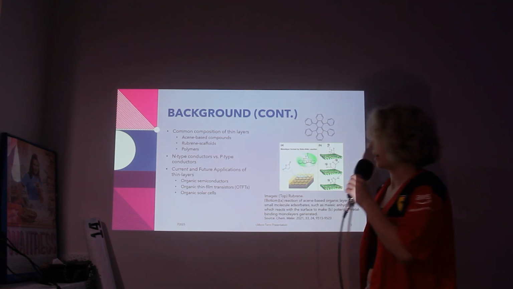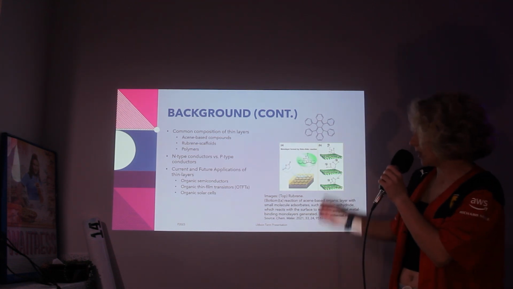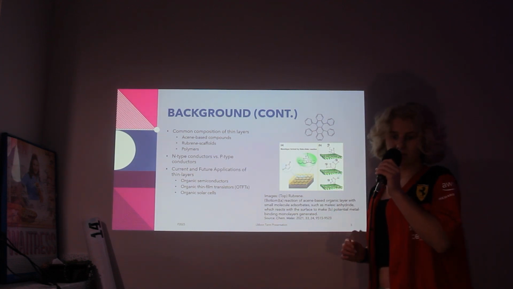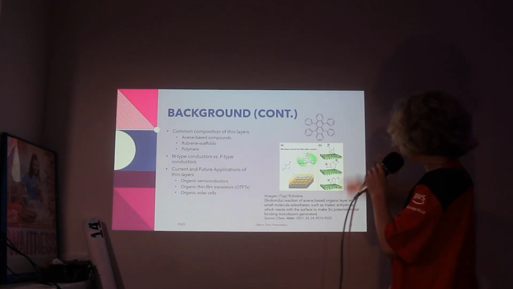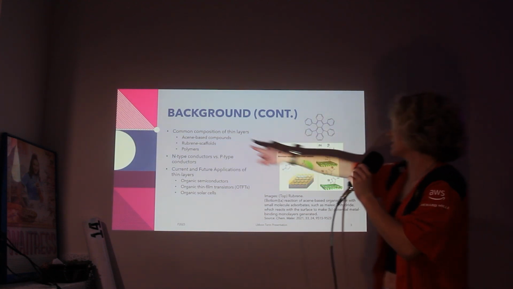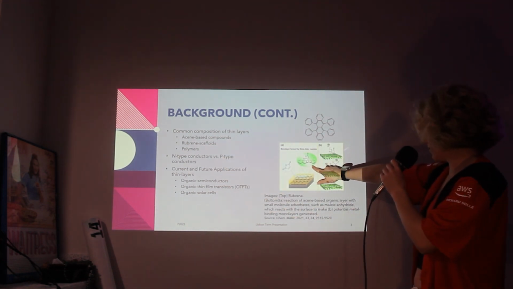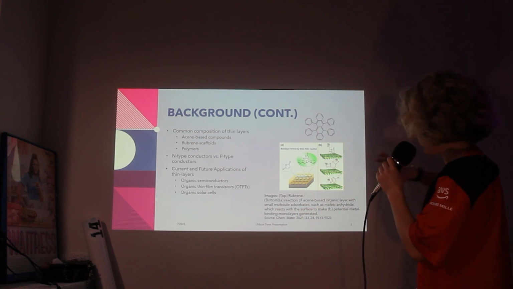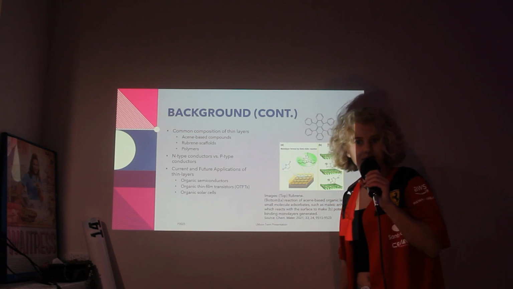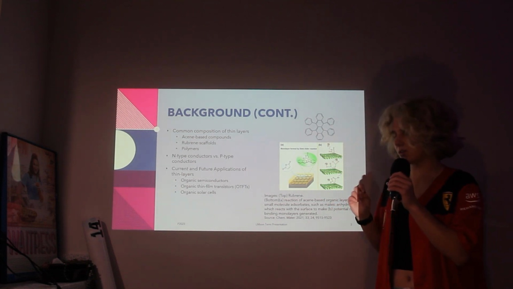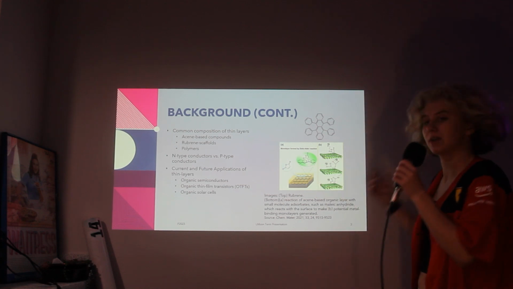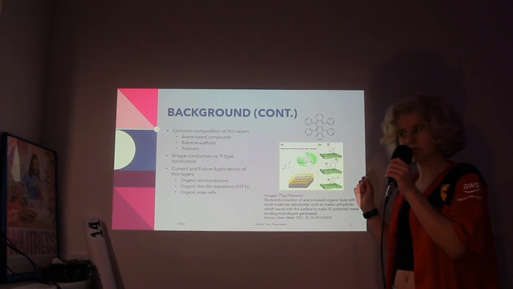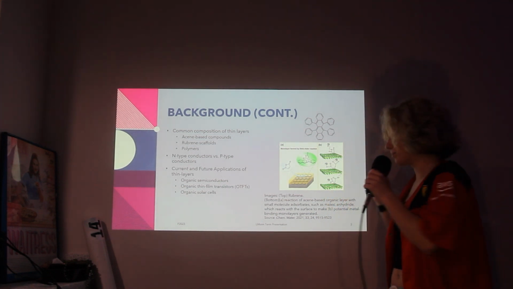So, more background. Some common materials used in organic thin layers are materials made of aromatic systems or polymer systems with conjugated pi bonds, like you can see here in rubrene, and then acene, which is shown in this molecule, this layer. Both of these are benzene rings in large aromatic structures. Sometimes these materials contain heteroatoms because that'll increase the conductivity and give better binding. Like, for example, in this paper, they used carboxylic acids, thiols, and amines to better bind with the